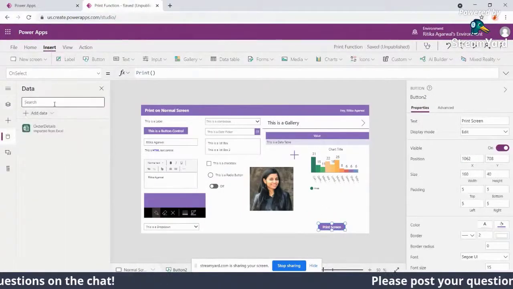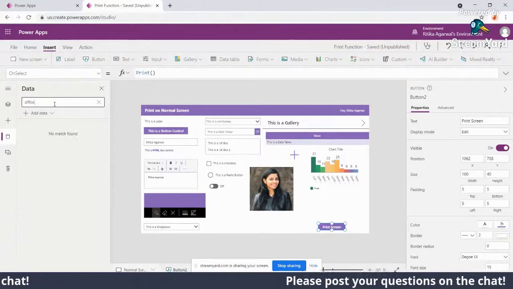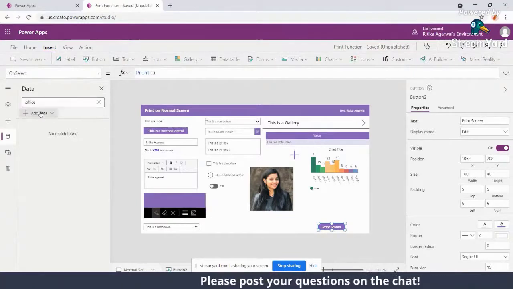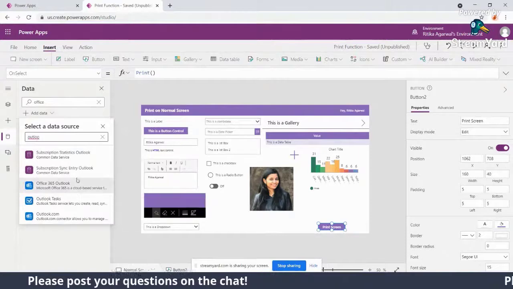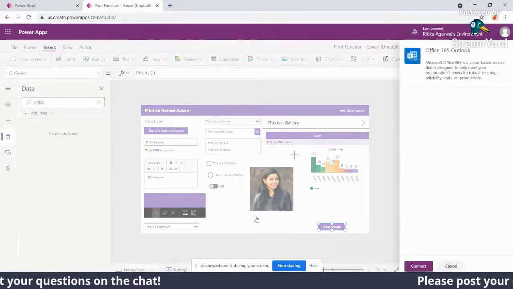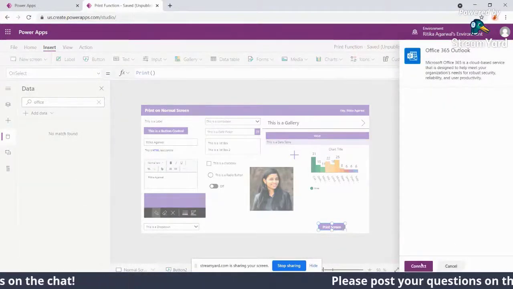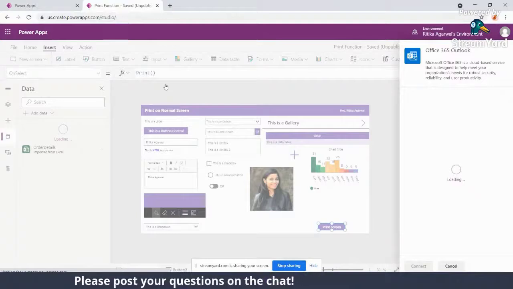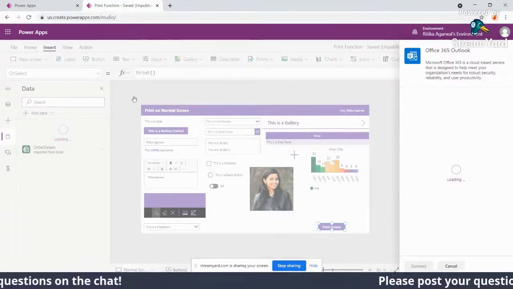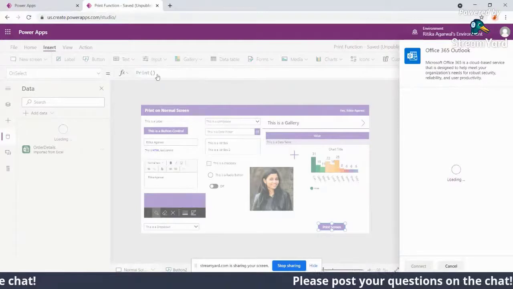Now if I go back and try to change it a little bit. Let's say now I want to send out an email. So let me add my Outlook connector here. Okay, I want to send out an email along with print. So I just added the connection, and now we'll change the expression on the OnSelect property of this button.